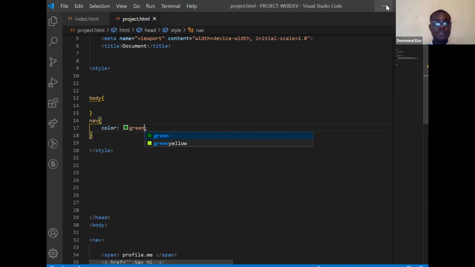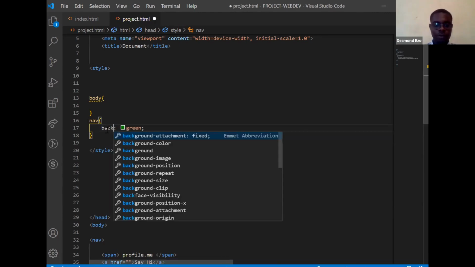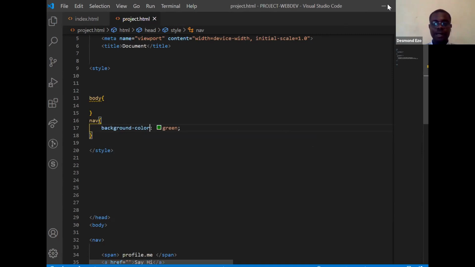I'm going to save it and watch what happens. So now you see that the background color for the navigation tag is green.